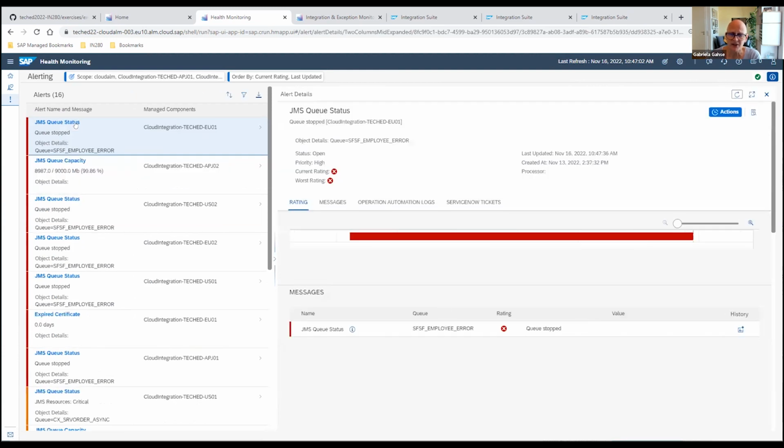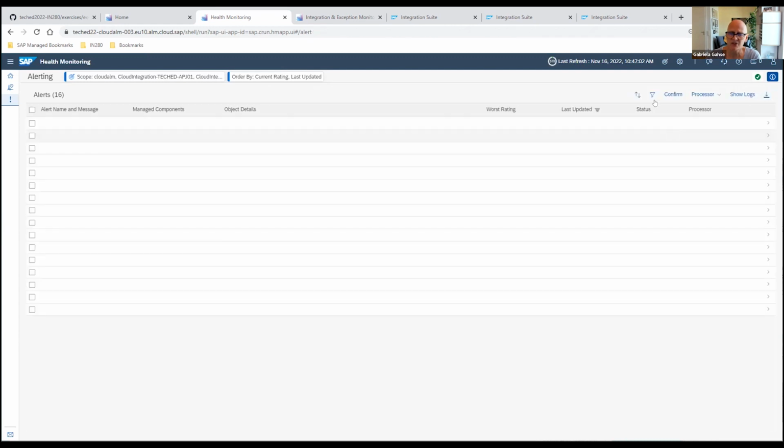Here you see that this queue has been stopped. You get the error message directly in the alert details. And you can really act on this alert. You can confirm it to delete it out of the alert inbox, or you can comment on it or bring it up to a colleague. Then we can close this again, and then we can use the filtering